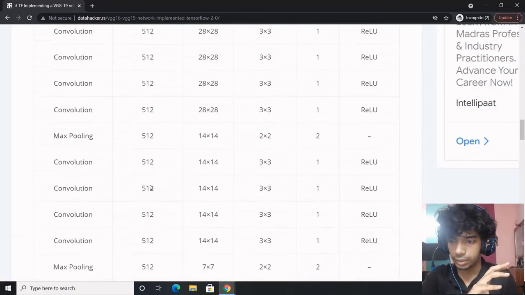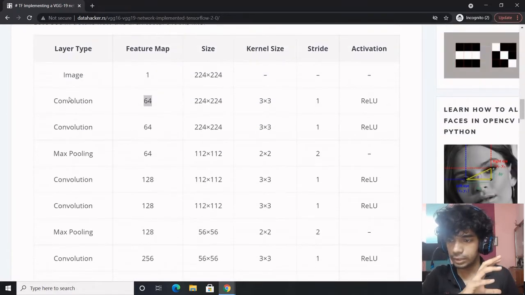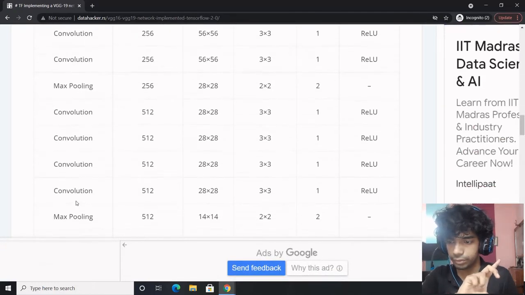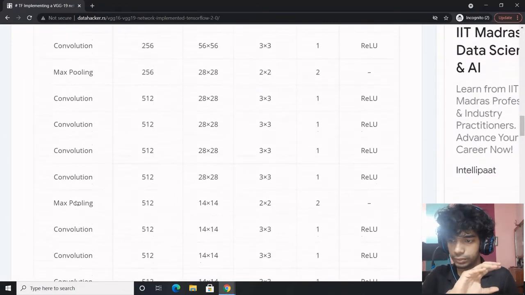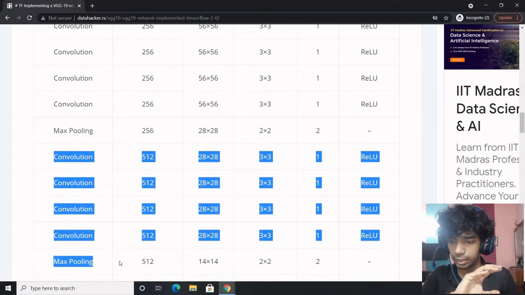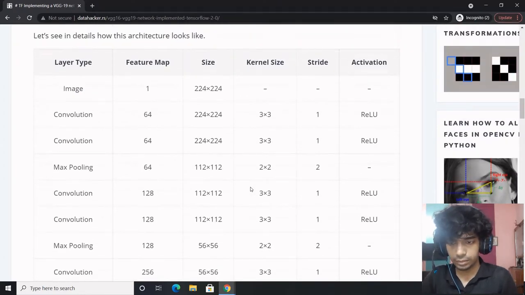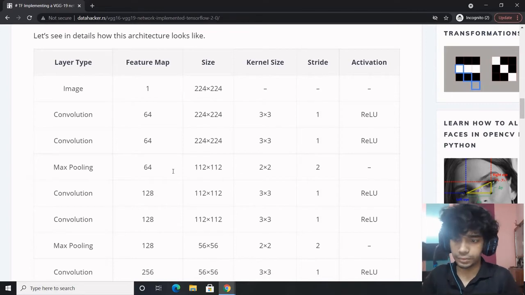Initially you have 2 convolutions and 2 convolutions, then you have 4 convolutions, 1 max pooling, 4 convolutions, 1 max pooling, 4 convolutions, 1 max pooling. So we can simplify this part by grouping. Let's see how it goes. First we'll implement it in a normal fashion, and then we'll improvise the code, right?